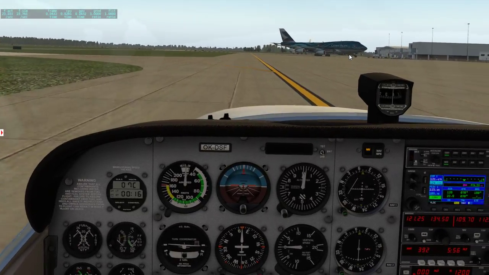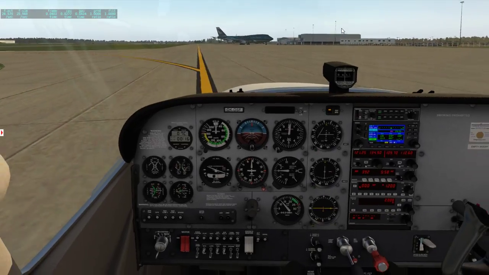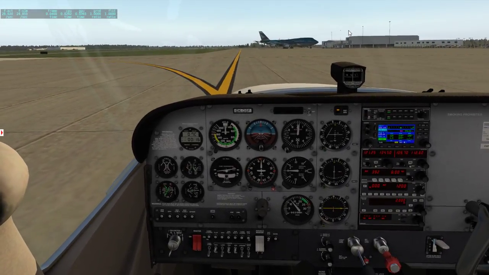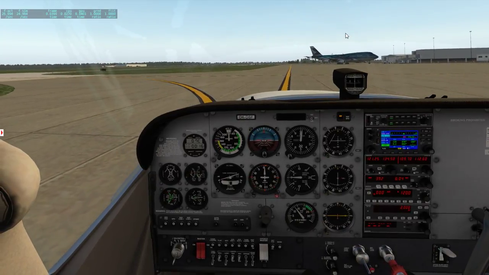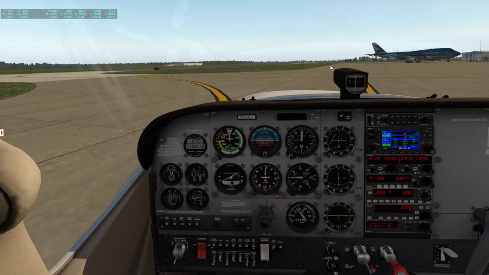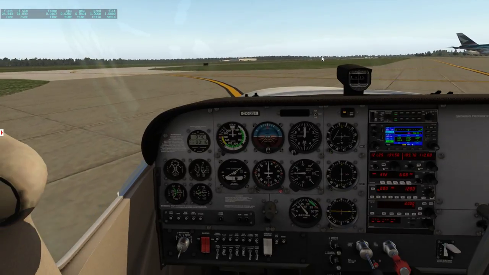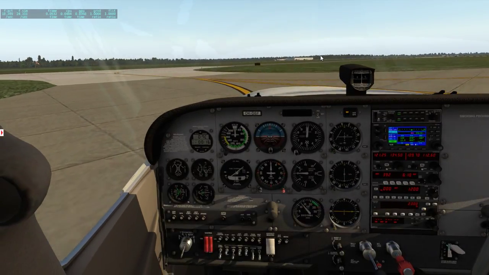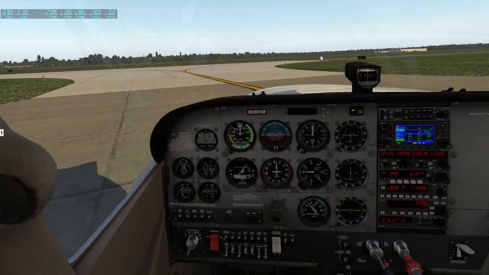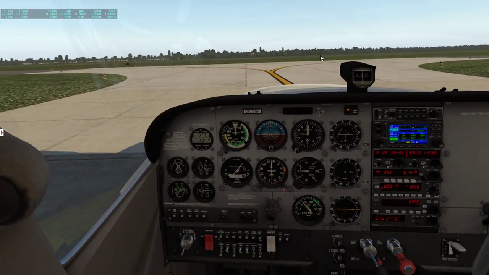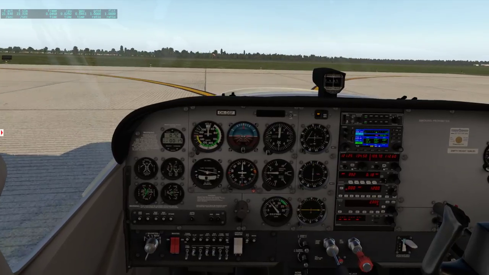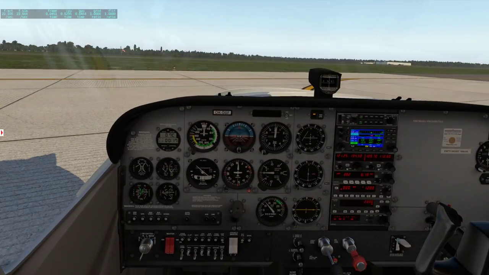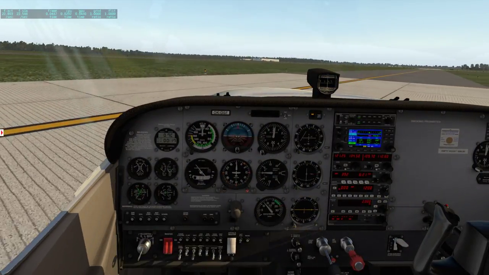But I'm going to taxi this way because I don't want to hit that thing. So we're going to head out of here. Brunswick, take off runway 25, do a left pattern,